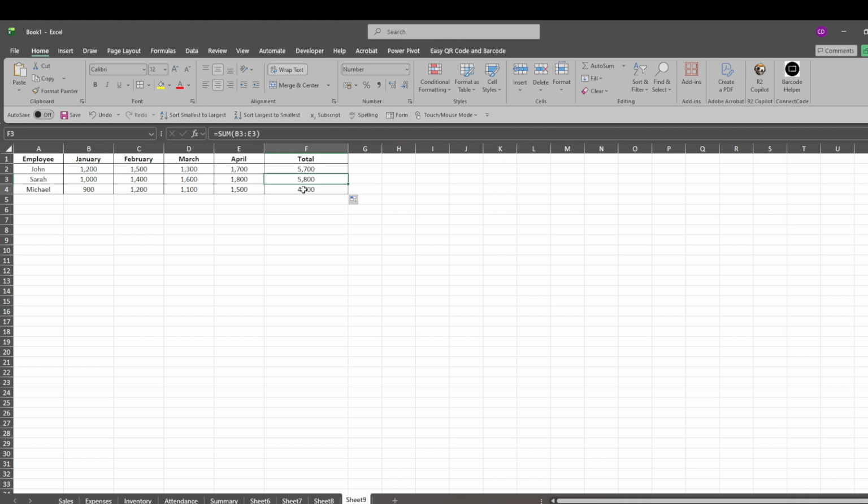This works because Excel updates the row references as you drag the formula down. So instead of adding B2 through E2 for every row, it changes to B3 through E3, then B4 through E4,